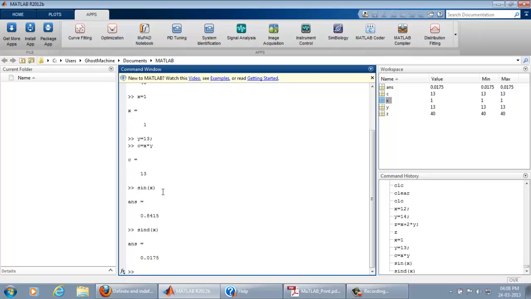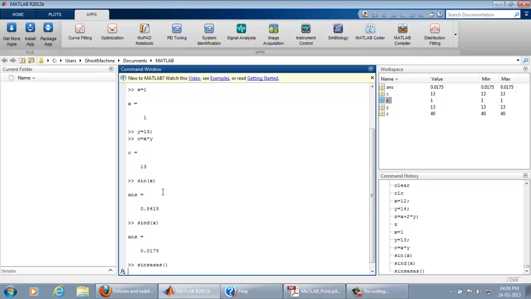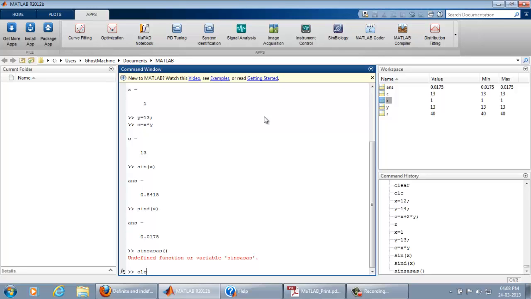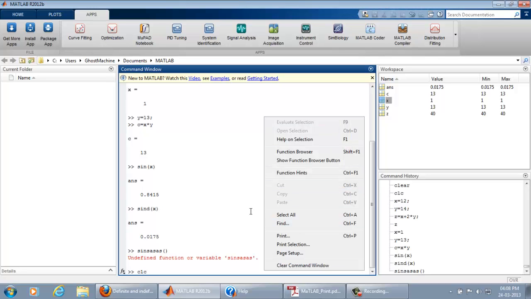And one more important thing, if you type anything bogus in MATLAB, you are going to be welcomed with an error. And how can you clear this whole screen in MATLAB? You just type clc, clear command window, or you can right click here and choose clear command window.